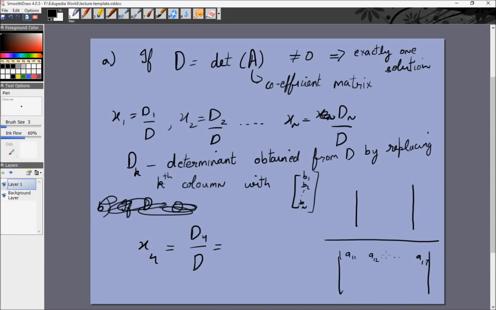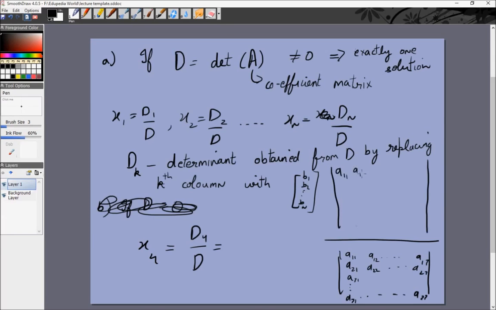We are taking, let's say, 7 equations, 7 unknowns: a11 through a17, a21, a22 till a27, a31, a71, a77. Now what is d4? It is the determinant we get from d by replacing the fourth column with b1, b2, bn. So I'll just write it properly so you really understand what it is. I hope you all understand what d will be. d4 will be